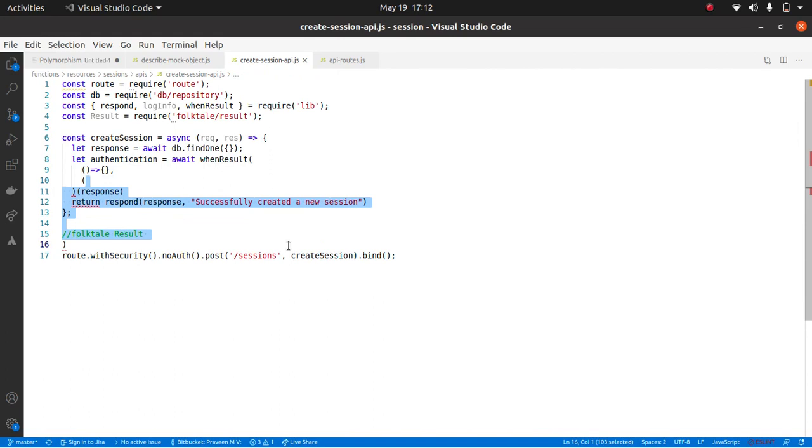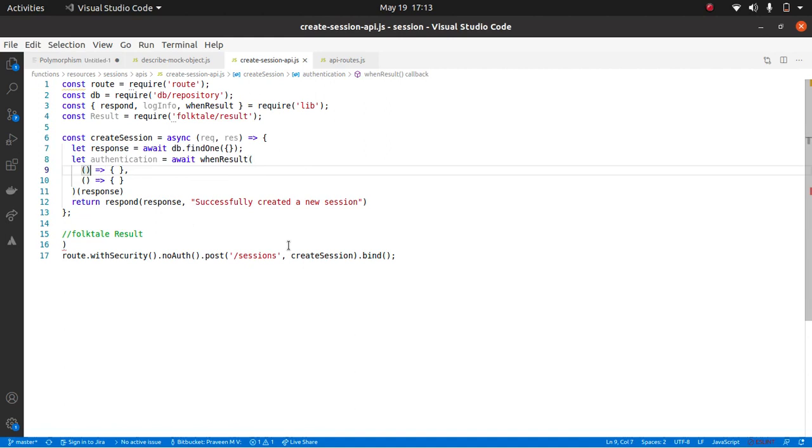The second method is executed when there is an error. I told you the response can be result.ok or result.error, correct? If the response is result.error, then the second method is executed. If the response is result.ok, then the first method is executed.